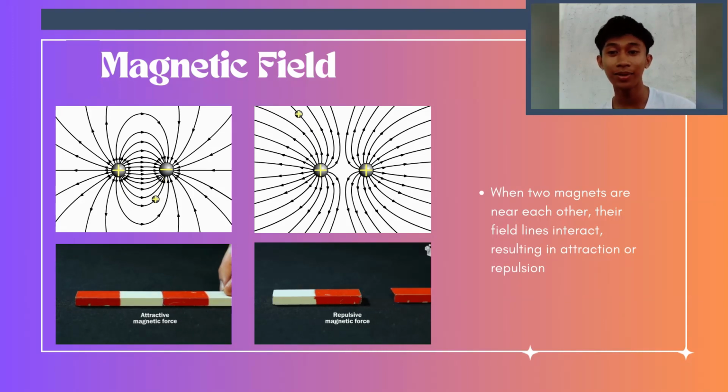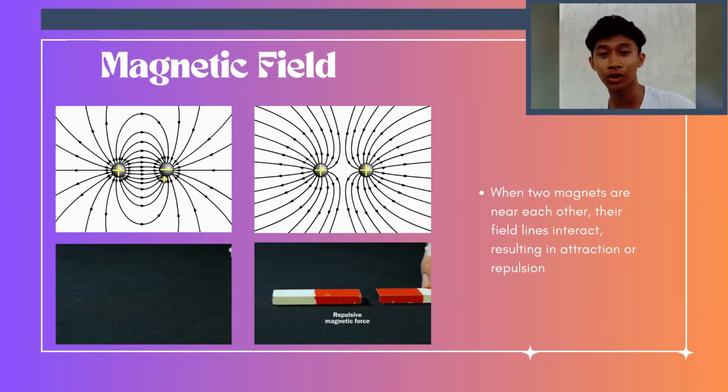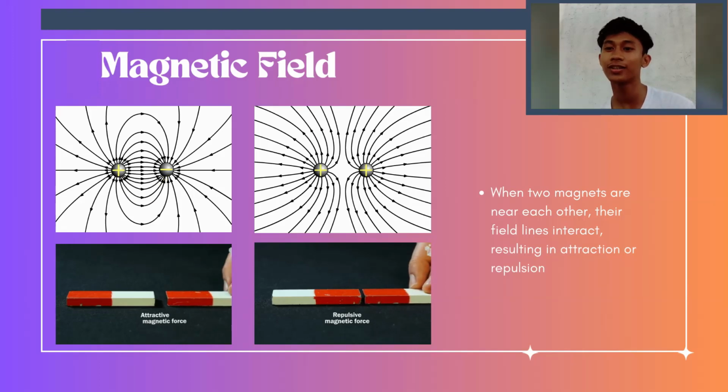Ngayon, kung babalikan natin, di ba meron tayong south, north, poles, ang direction natin, dun sa may magnetic lines natin, may arrow-arrow tayo dun, di ba? The arrow will always start from north going to south. Yan yung lagi nating tatandaan. So, kasama yan sa sketching and interpreting magnetic field pattern.